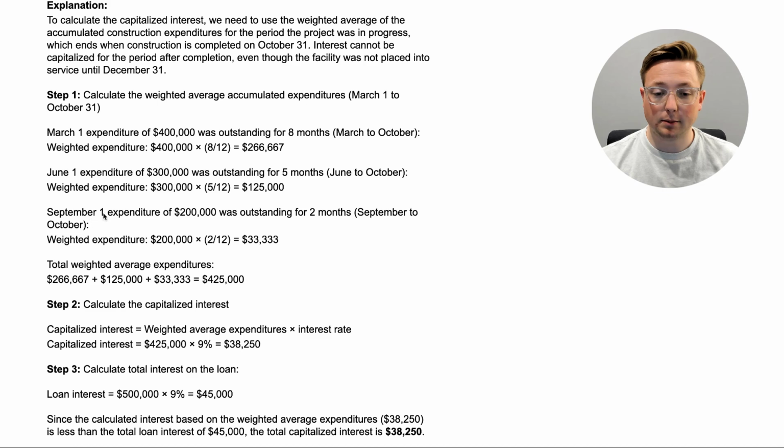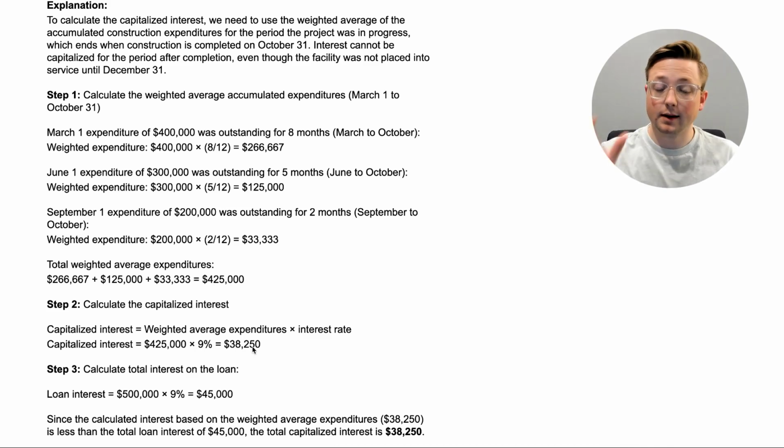And then the September 1st expenditure was $200,000. That was only outstanding September, October, only 2 months. So 2 divided by 12, and then you multiply that by 200,000. That gives you $33,333. So we add all that up together, and that gives us $425,000 of weighted average expenditures. And we use that number to multiply it by the interest rate that was given, 9%, and that gives us